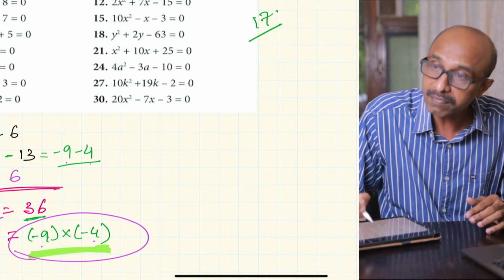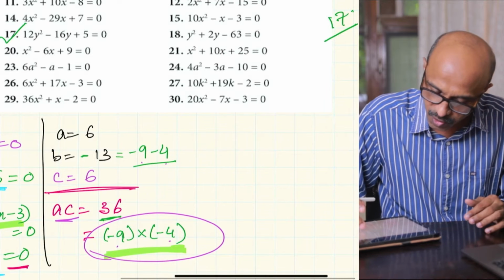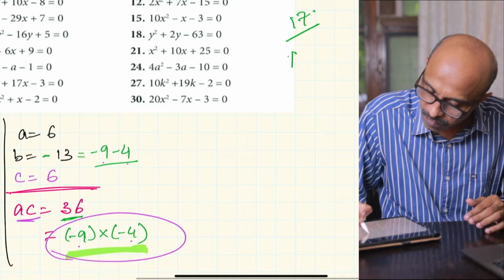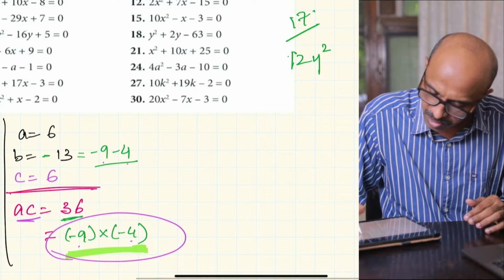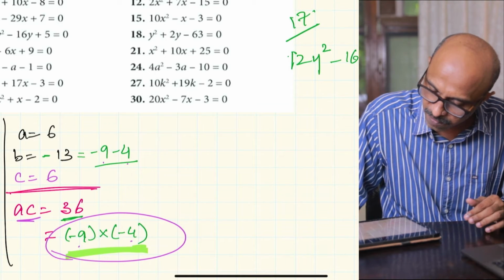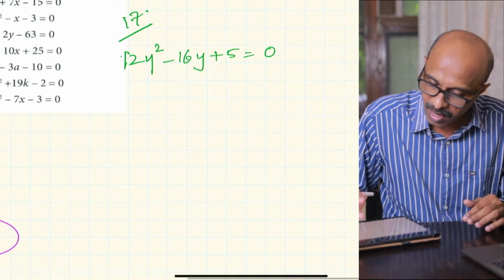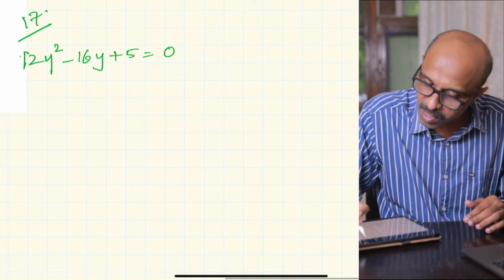Number 17. Can you guys see? Let me just first write it, then I'll scroll that side. 12y squared minus 16y plus 5 is equal to 0. This is a quadratic in y. And again, what we're going to do is the rough work on the